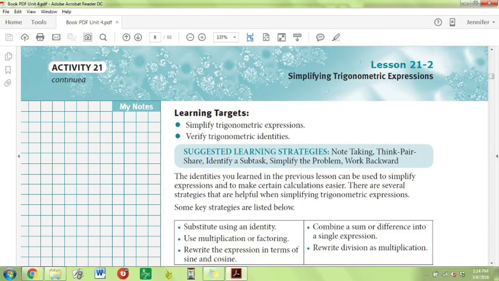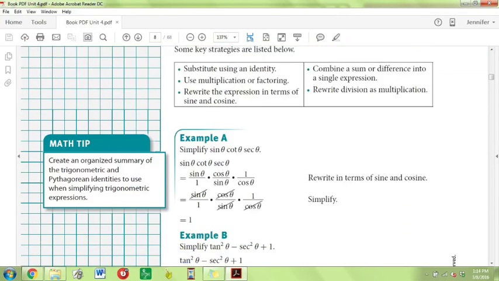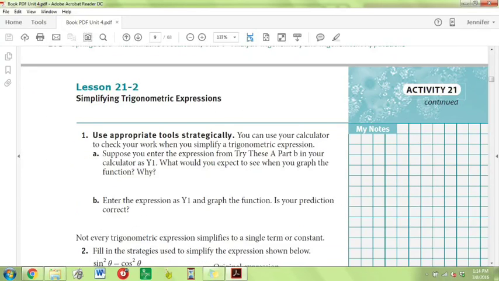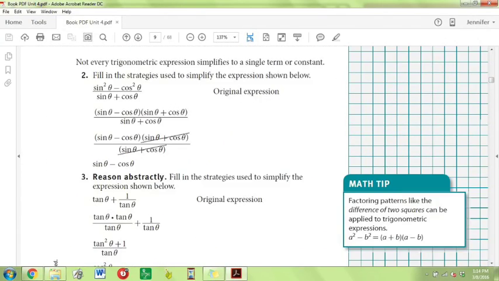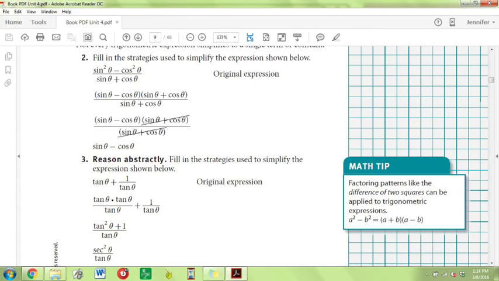In this video, we're going to be looking at some of the examples in Lesson 21-2 in your Springboard. We started this in class. We're going to pick up here on page 285 with question number 2. Now, the examples that we did in class, most of those simplified down to either a